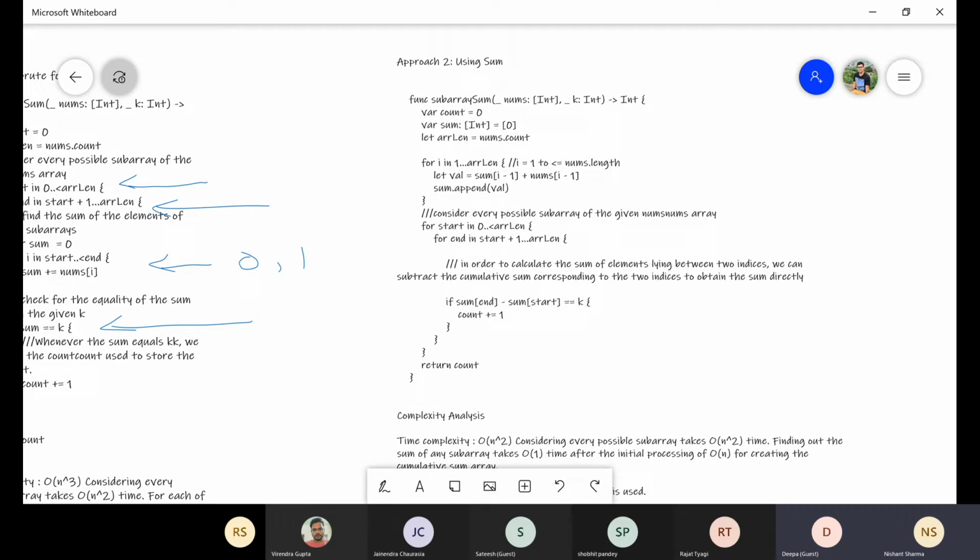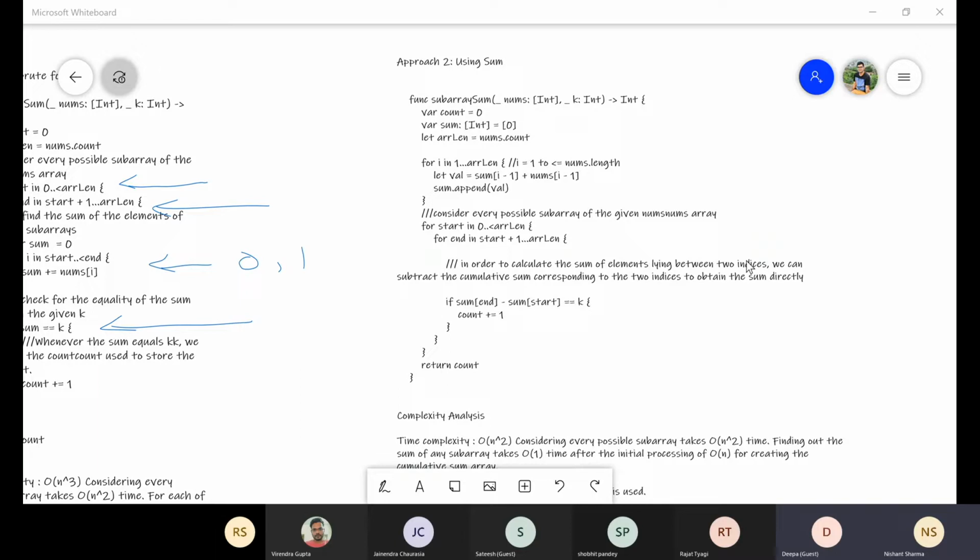So what we can do is utilize the information that if we are able to calculate the sum at every point when we traverse our array, we will consider the sum of all the previous elements and store it at the particular index.